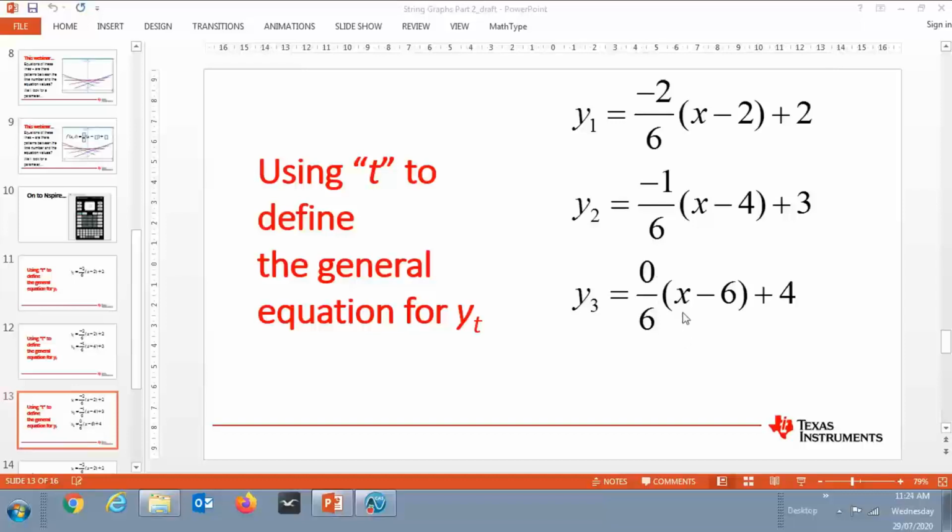At all other times, we are going to take a look at these three and try to figure out, well, what is it that links up the negative 2, the 2 in equation 1. In equation 2, how did we get the negative 1, the 4, and the 3? In equation 3, how did we get the 0, the 6, the 4? In other words, we want to see